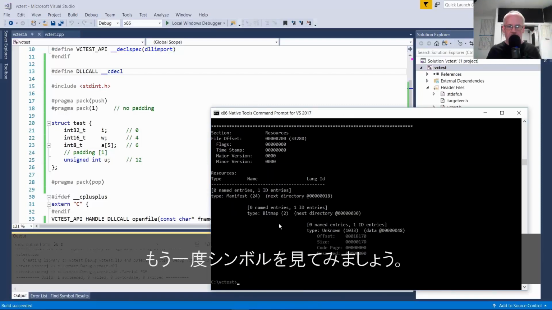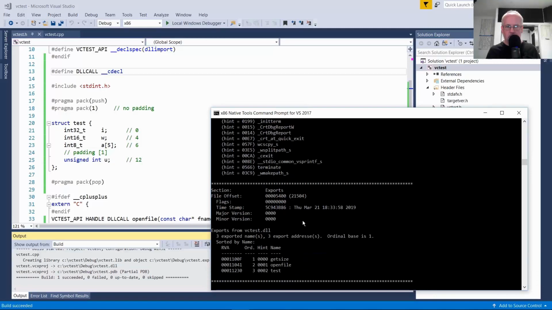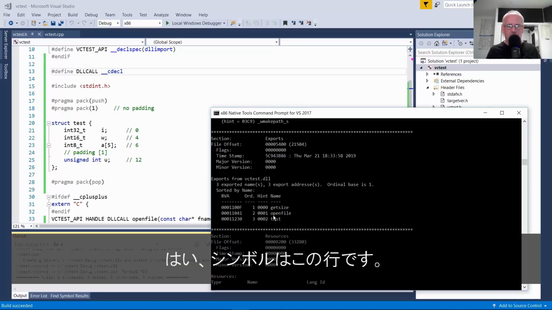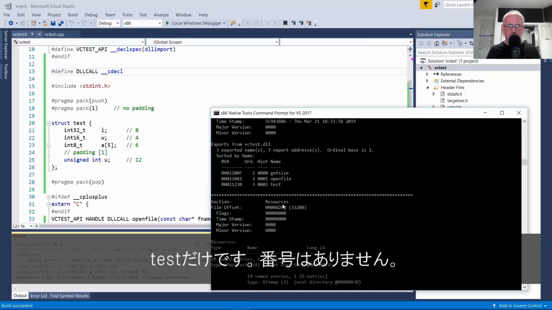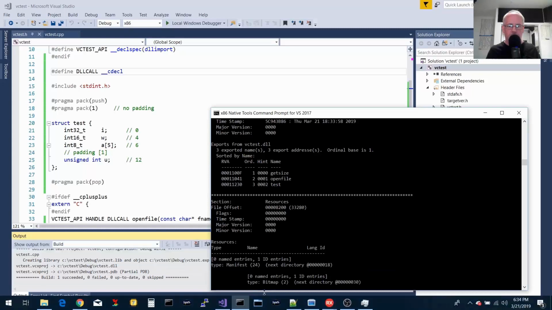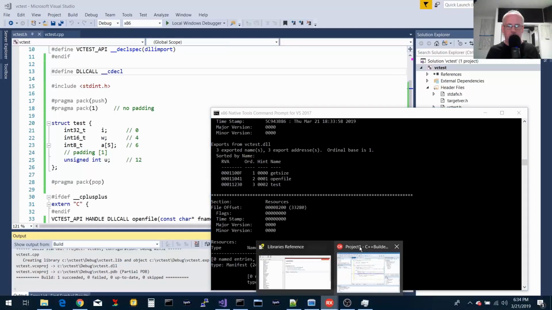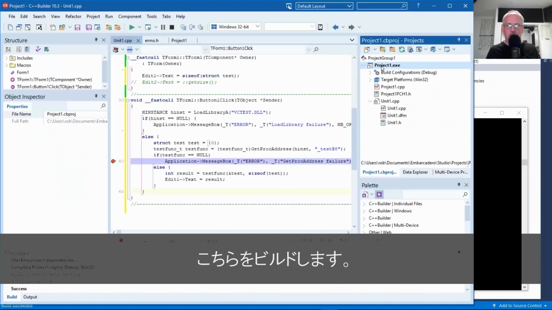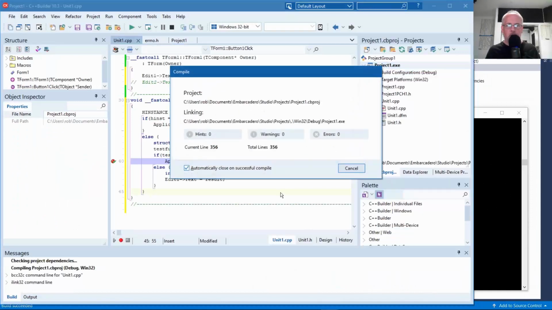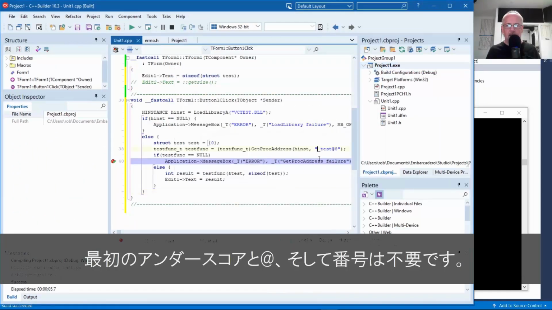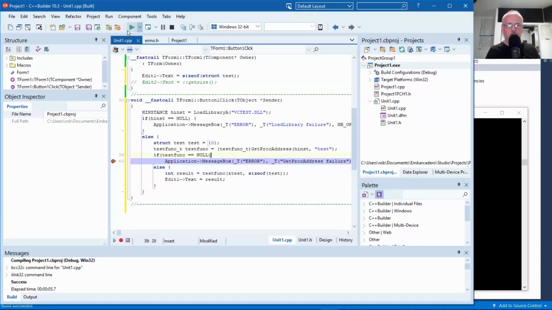So let's look at the symbols again. Yeah, now our symbols are in here, and it's just test. There's no at number. And then rebuild this guy. No leading underscore, no at, no number.